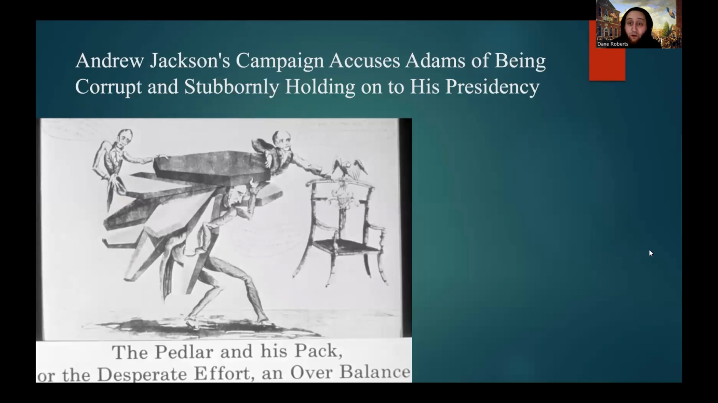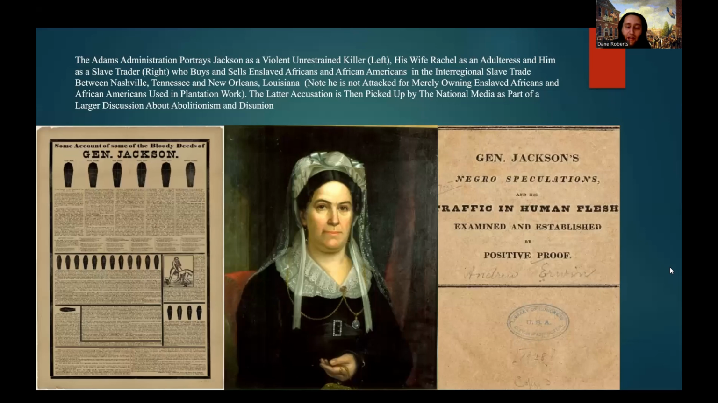Andrew Jackson's campaign would also accuse Adams of being corrupt and would also accuse him of stubbornly holding on to his presidency when he should pass it off to the next candidate, i.e., Jackson. Meanwhile, the Adams administration would portray Andrew Jackson as a violent, unrestrained killer. They would portray his wife, Rachel, as an adulteress, and would also portray Andrew Jackson as a slave trader who bought and sold enslaved Africans and African Americans in the interregional slave trade between Nashville, Tennessee, and New Orleans,